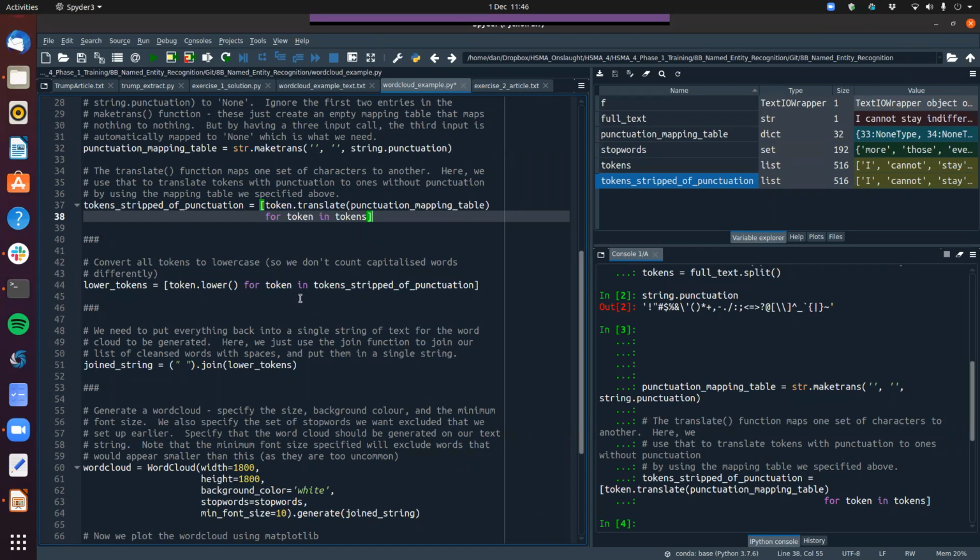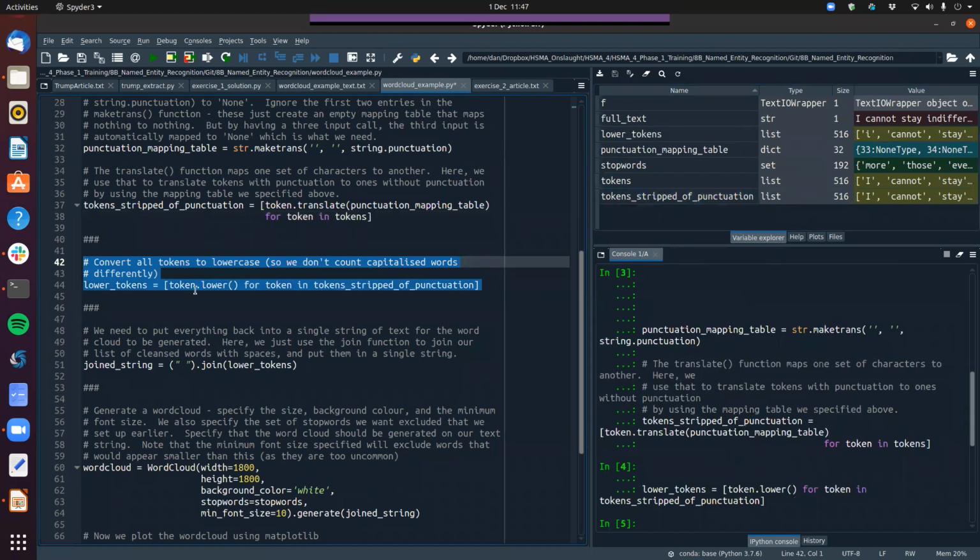We can really easily do that using another string method called lower. So again, I've just got a list comprehension here. It says for each token in our list of tokens stripped of punctuation, give me the token cast as lowercase. The dot lower method of a string will take that string and make it all lowercase. So if I run that,